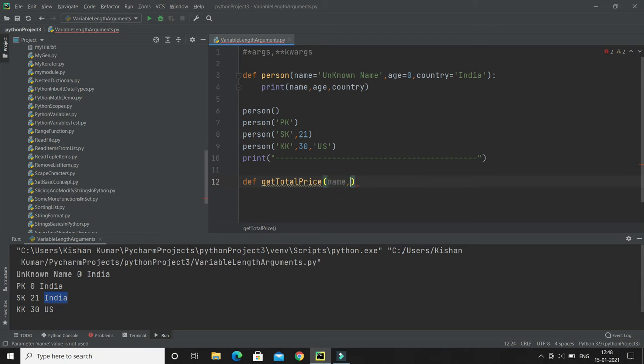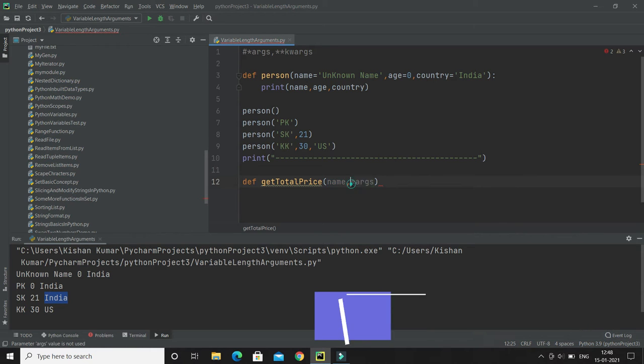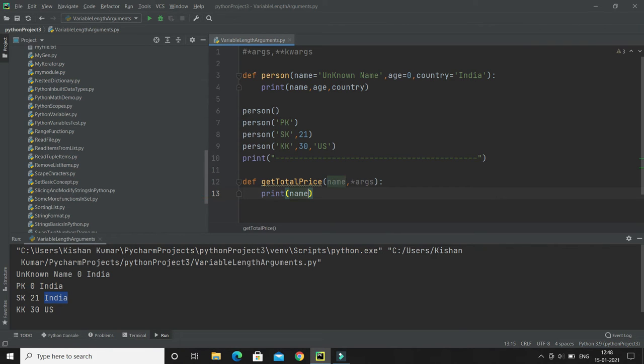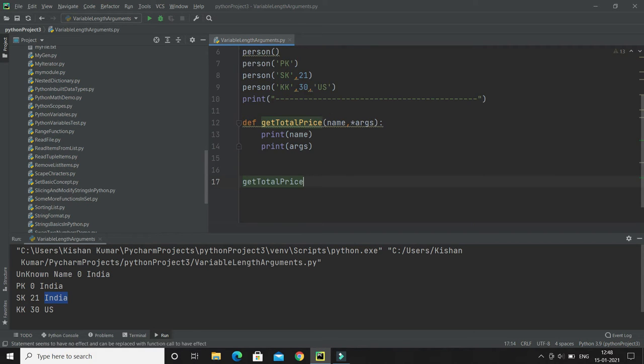Let's say name, and here I'm going to provide a variable length argument, meaning I will write asterisk args, right? That means I have to pass a value for name. That's not optional, but for args we can pass 0 or many arguments. So let me show you. If I try to print the value for name as well as the value for args while calling this method, let's see what gets printed. We still haven't implemented the complete functionality the method name says, but let me show you.